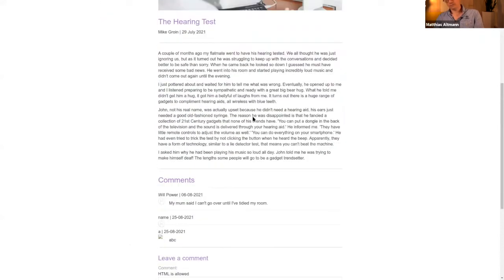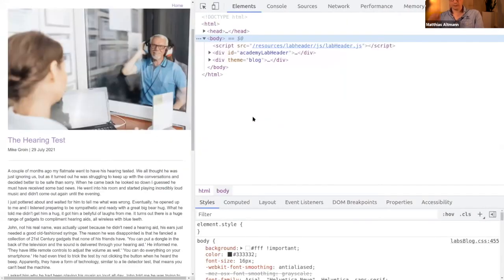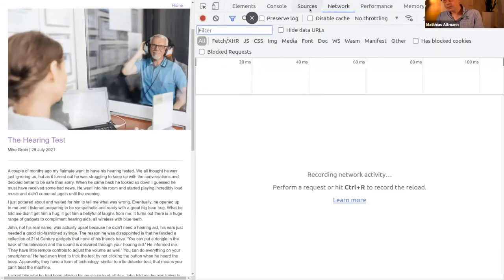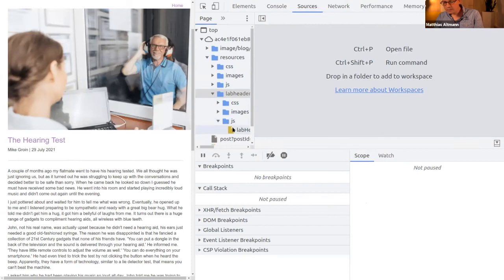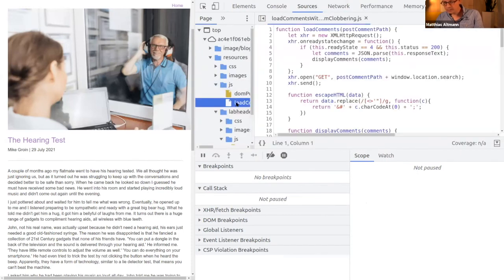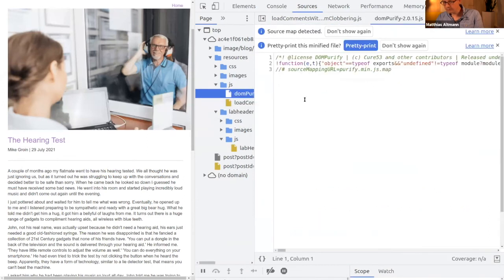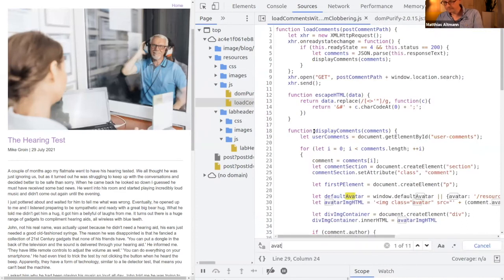Yeah, and we can now look at why this happens. You have to go inside the code of it. You have to look it up. Here, where is the stuff? Sources, resources. I think lab header JS, or here, no, here, JS, okay, yeah. If you look for avatar, or in DOMPurify, pretty print, no, this is here, avatar.